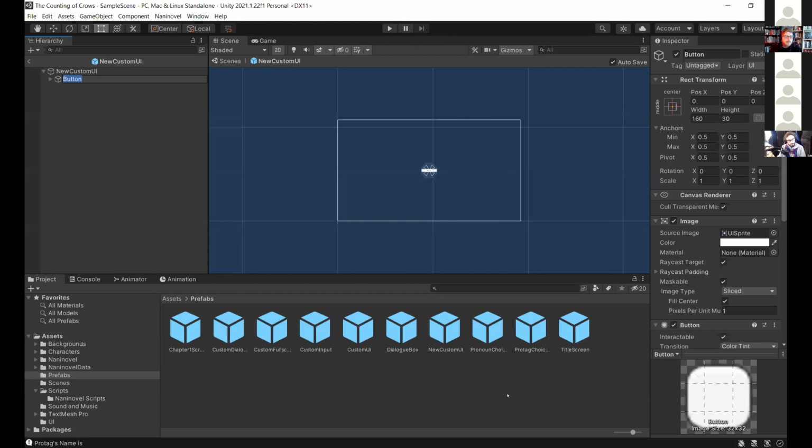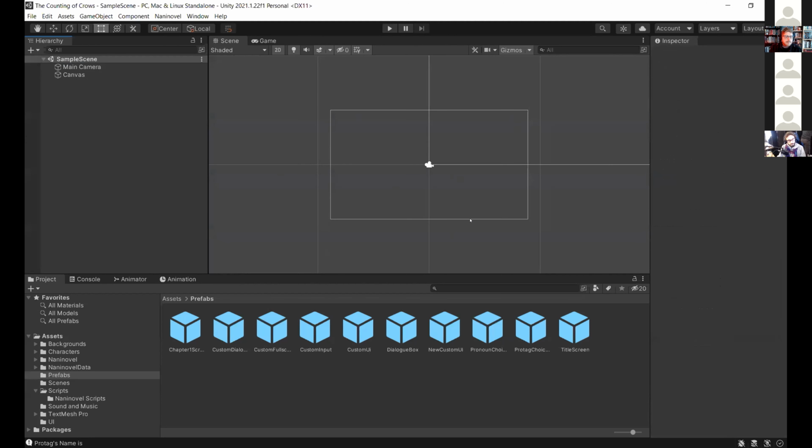Well, yeah, that was the custom UI at first, because one of the things that's kind of weird about NaniNovel that I was not quite used to when I first started playing around with Unity is that there are no scenes, it's blank, it just starts you off with blank. And then when you hit play, that's when you see your background and your menu. If you really want to see the UI that you're interacting with, you have to go into the prefab and look at it there and see how it's set up,